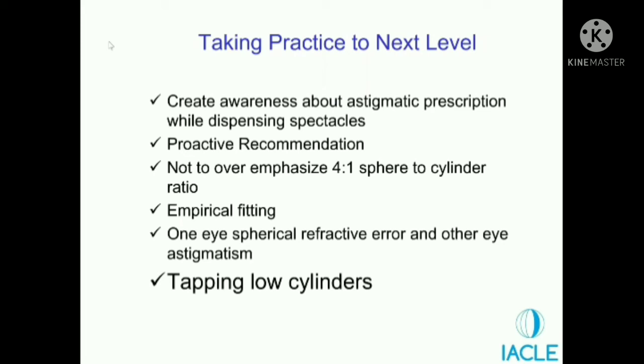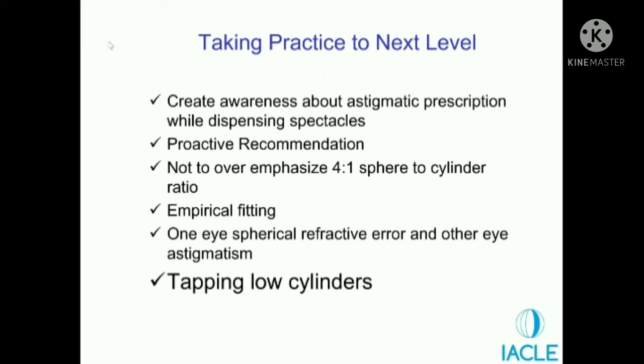If it fits well, great, you can dispense the entire boxes. If you feel you need to make any changes, you can reorder, and they give you without charging any additional money. They call it as first fit guarantee. Why they do that? Because they know 90% or more the first lens is going to fit. So you don't have to go through this. So you don't have to keep the inventory of trial lenses. You don't have to spend time on that. You can directly order the lenses based on measurements and refraction.